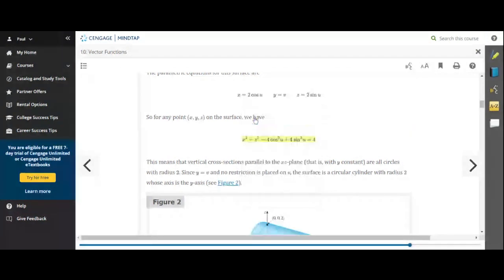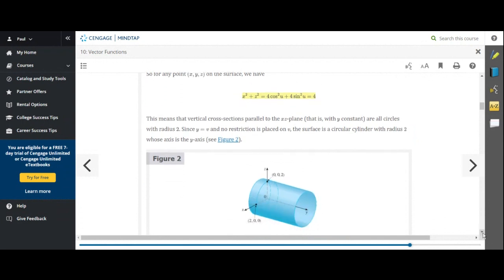So if you square the x and z components and add them, you're going to get 4. And that's the equation of a cylinder whose axis is the y-axis, a cylinder with radius 2 whose axis